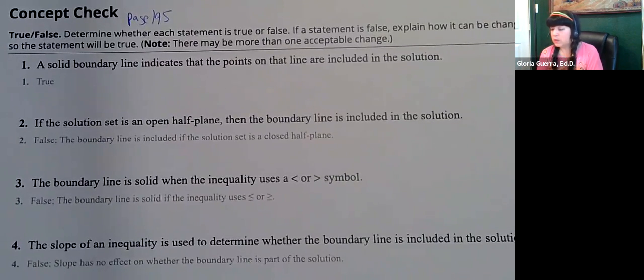Okay, so it says that a solid boundary line indicates that the points on that line are included in the solution. Yeah, that would be true. If it's solid, yeah, you want to include the points in the solution. If it's a dashed line, you don't. Okay. Number 2. If the solution set is an open half plane,